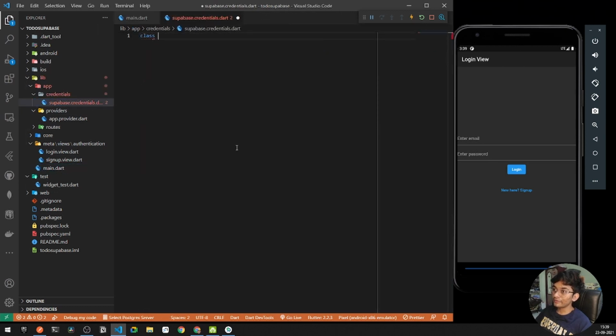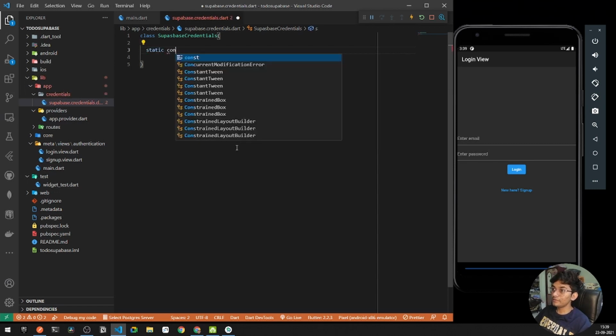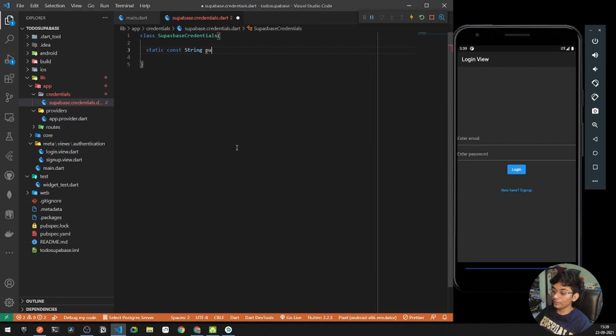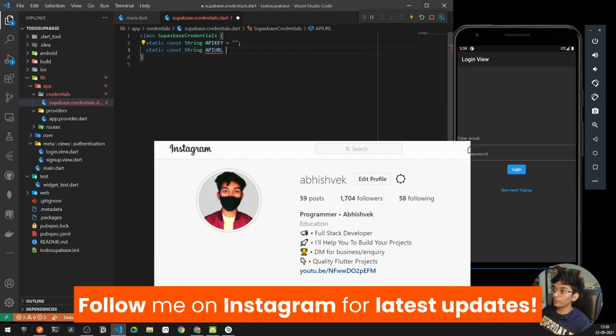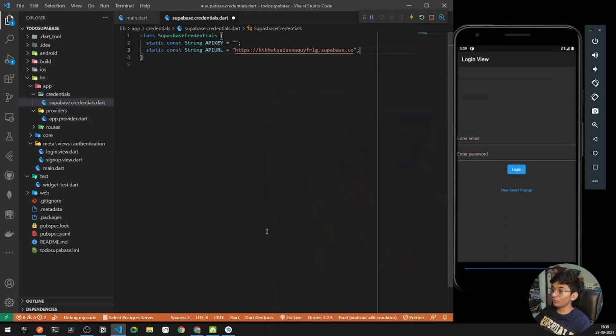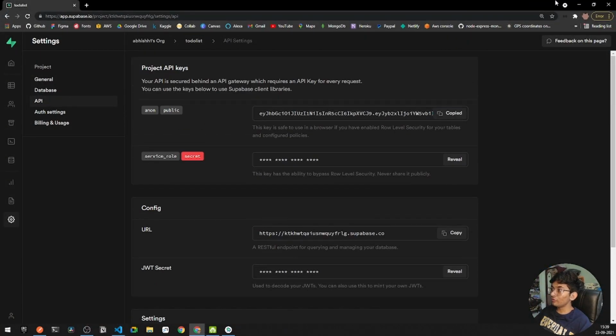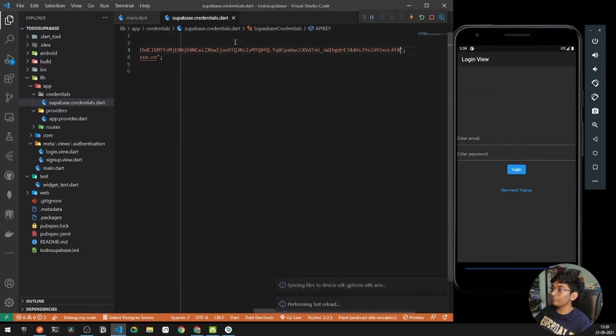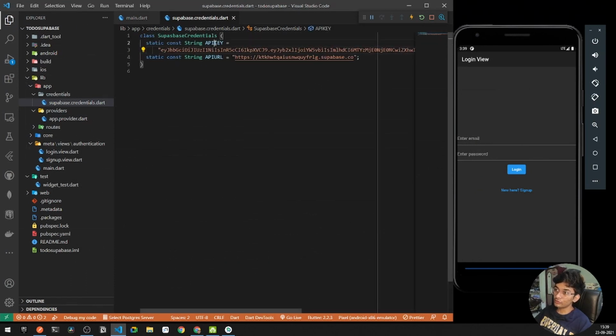Here I will create a simple class known as Supabase credentials. Under this class, we'll be adding all of our credentials. First of all, we shall require a static key, that is our public key. So I will write a new string, which will be the API key. You can use any name. We also require the URL, so the same thing: static const string, and it will be API URL. I have copied the URL, so I can paste it here. I am opening Chrome again so we can copy the key as well and add it here. So these are both of the following things, the API key and the URL.